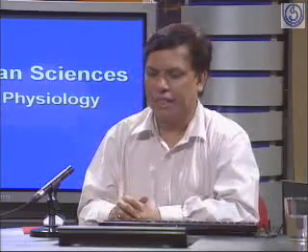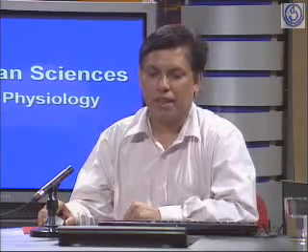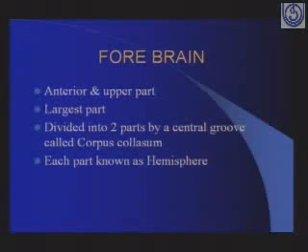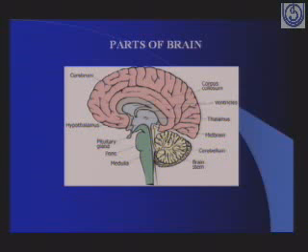So it is an integrated approach: the brain, the spinal cord and the peripheral nervous system get impulses from the brain and also send impulses to the brain. This is the main function of the brain. It is the brain which controls every part of the body.